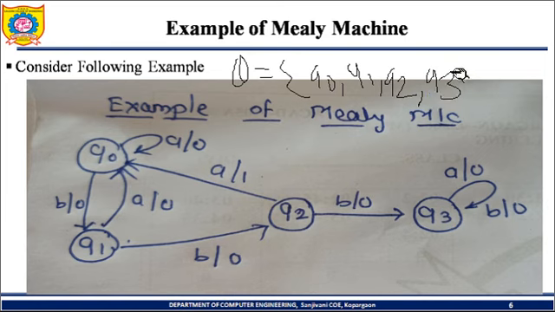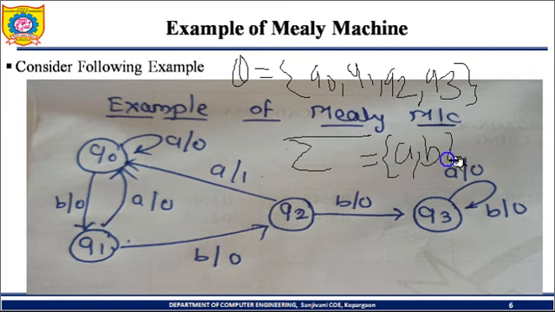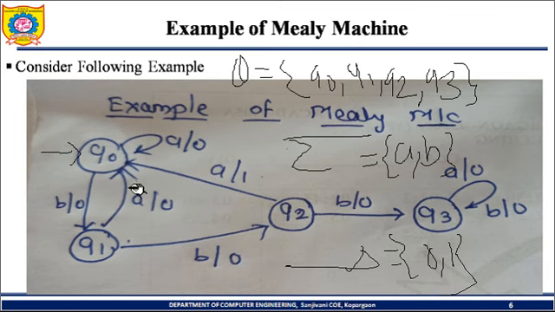Now input alphabet summation. So summation input alphabets are nothing but A and B are the input alphabet for the given problem definition. Now output alphabet triangle, that is nothing but 0 and 1. So 0 and 1 are the output alphabet. Now delta, which is described by using this transition diagram, and lambda, we'll see its transition table. So that time we'll describe its delta and lambda. And initial state is nothing but Q0. As I said, there is no final state.